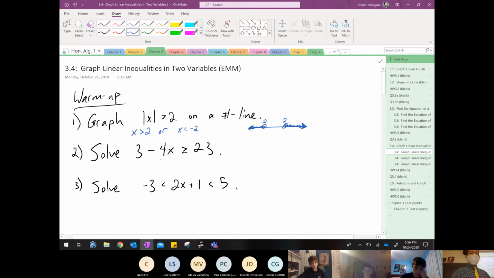All right. Get -4x is greater than or equal to, and then divide by -4. Get x is greater than or... George, you should get what? x is